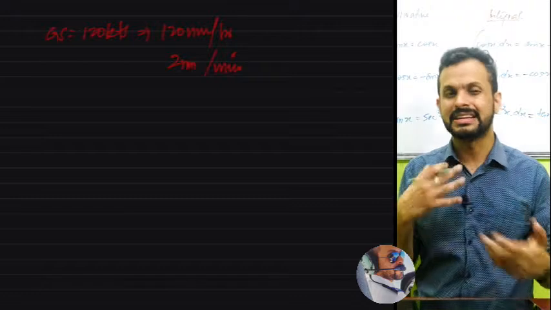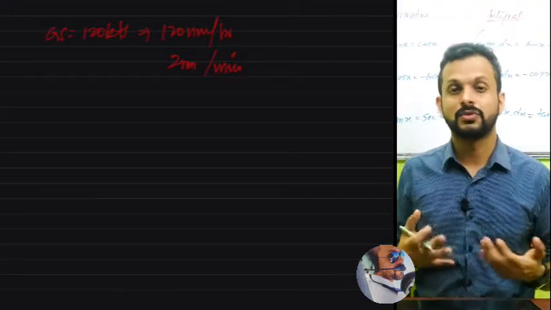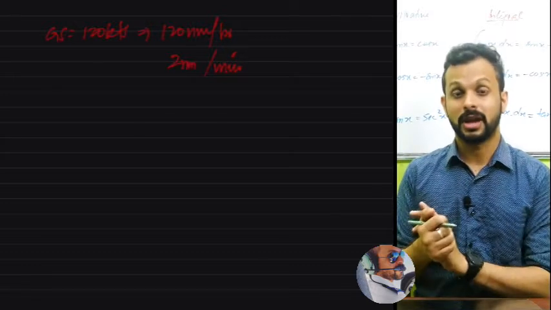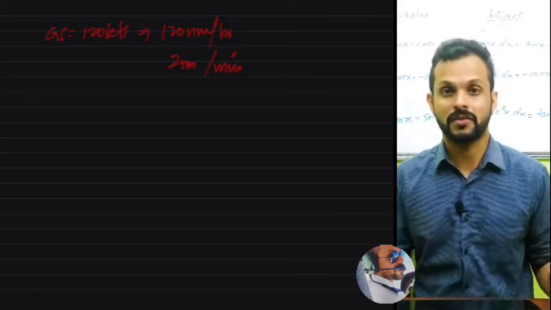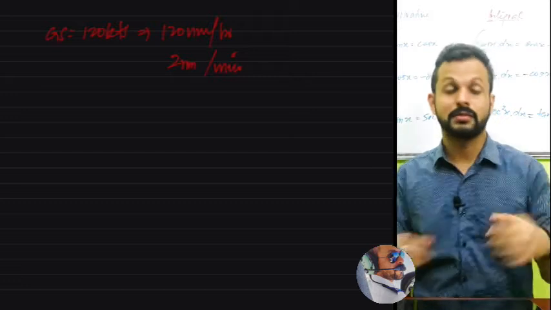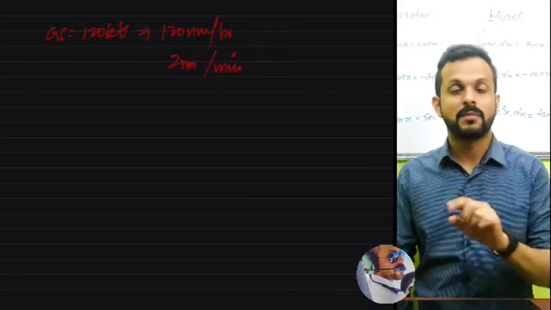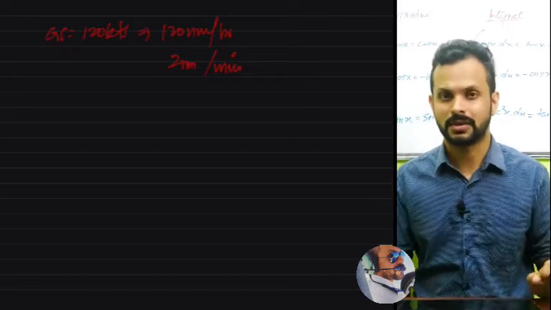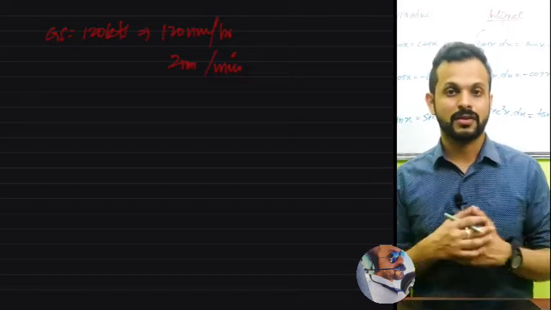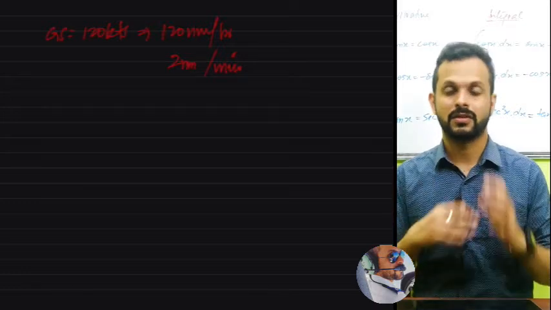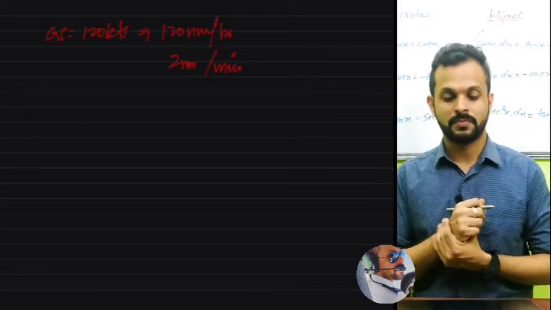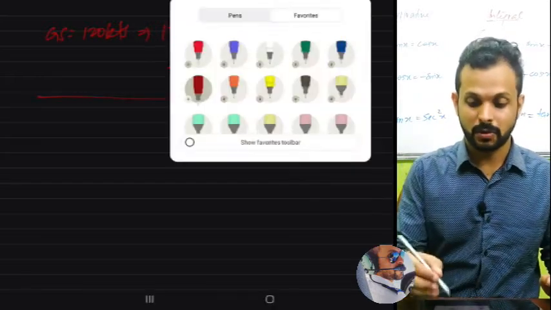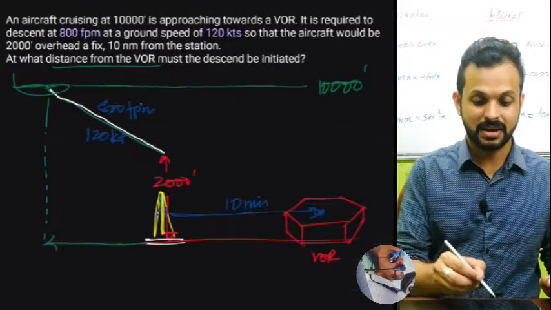This is quite a relatable figure, especially when you do a training and your instructor asks you, hey, you're traveling at 120 knots ground speed, and how far do you think your aircraft would cover in 5 minutes? And every minute, 2 nautical miles. So in 5 minutes, it's going to be 2 into 5, which is 10 nautical miles. Kind of a very rough figure. If not 10 nautical miles, it's definitely going to be around 10 nautical miles with respect to the wind as well, right? So having this particular idea in mind,